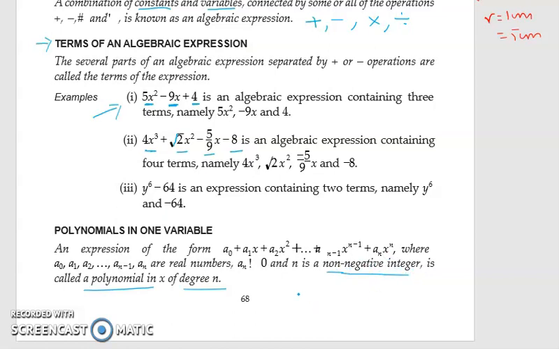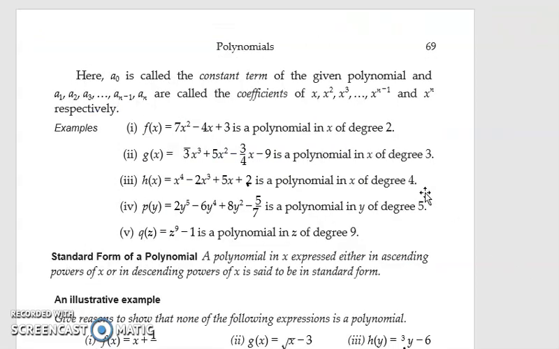What do you mean by integer? Suppose I write 1 by 2. 1 by 2 is not an integer. If you remember, integers are positive and negative numbers. 1 by 2 is fractional. If you remember rational numbers, what form is it? P by Q. So this is not an integer. Integers will be like 2, 5, these are positive integers. It can be positive and negative, but the definition says non-negative,